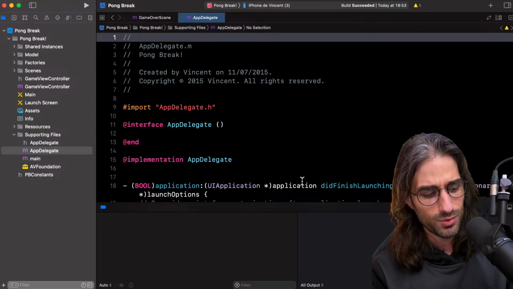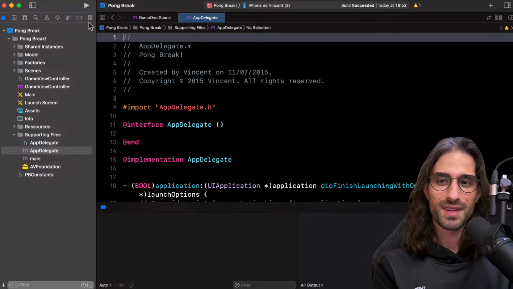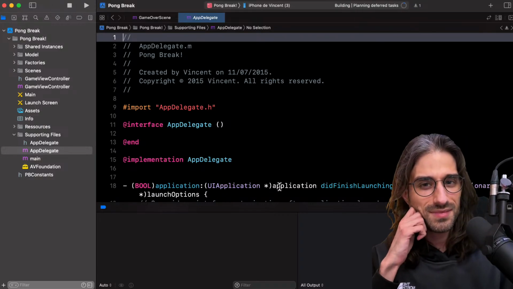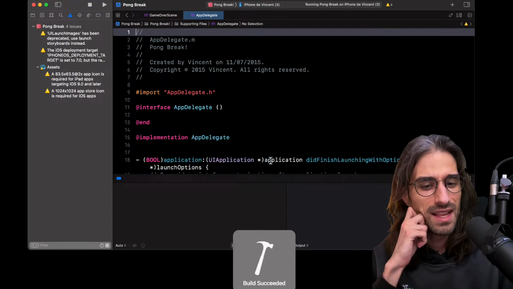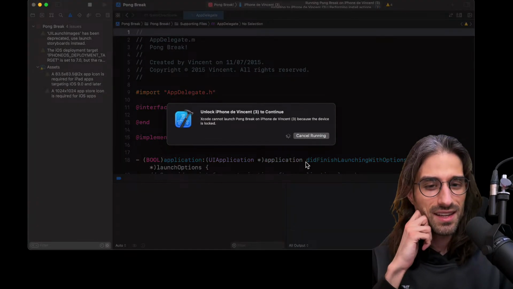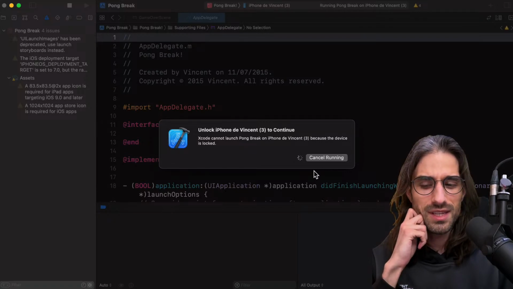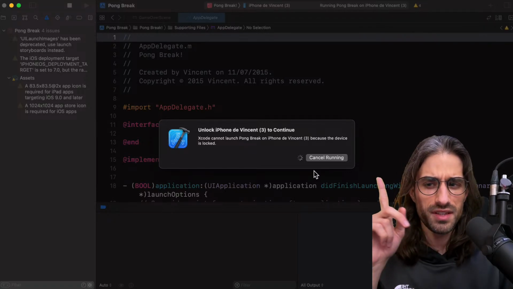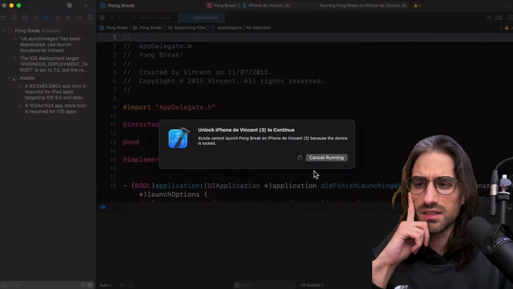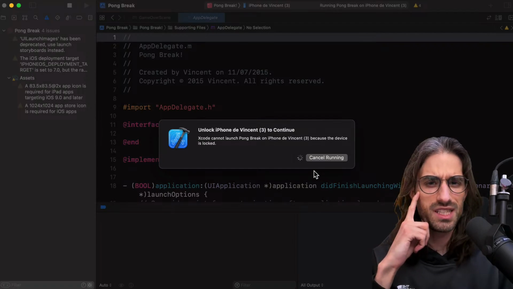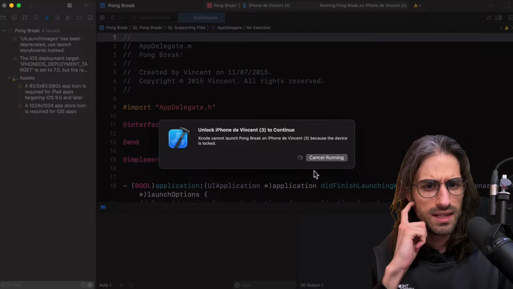So I'm going to build the code so that we can run it on my iPhone. It's called Pong Break. As the name suggests, it has something to do with Pong and something with the game where you need to break everything. I don't know the name of it in English. In French, it's Casse-Brique, but in English, I don't know the name of it.